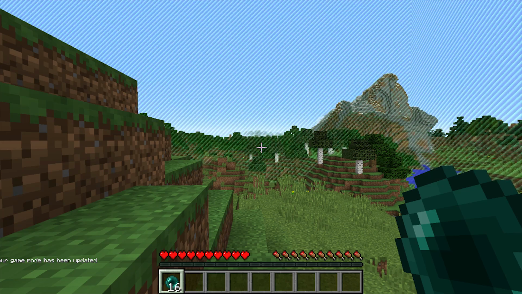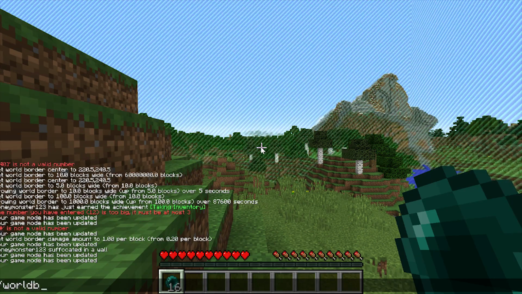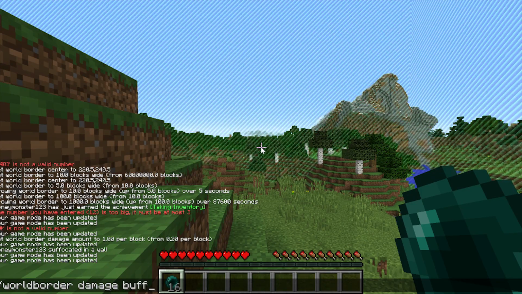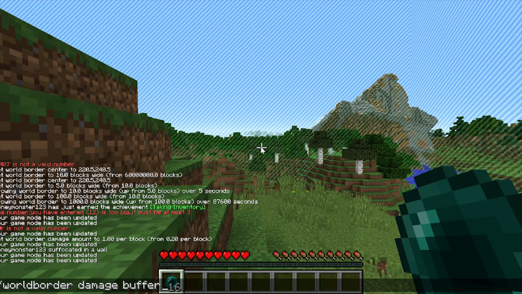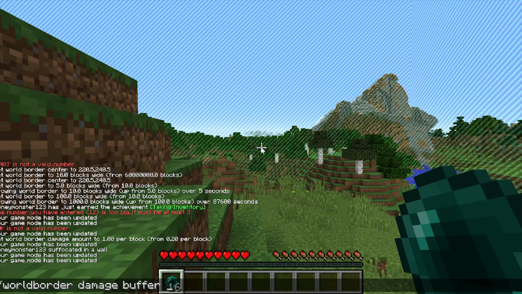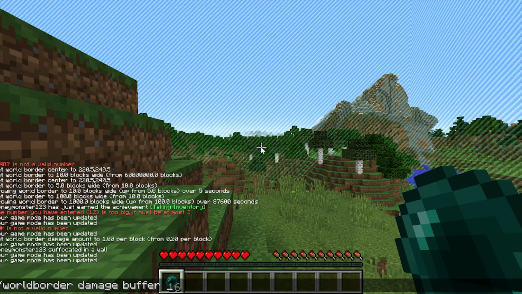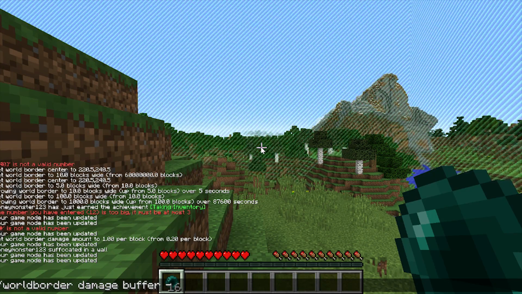So now what you can do is, if you do slash world border damage and then buffer, what this will do is it changes the number of blocks you have to be away from the border to take damage. As I was saying before, the default is 5, so you can be 5 blocks away from the border and not take damage, but as soon as you go 6 blocks, you'll start taking damage, which you set before. So say I set that to 0,